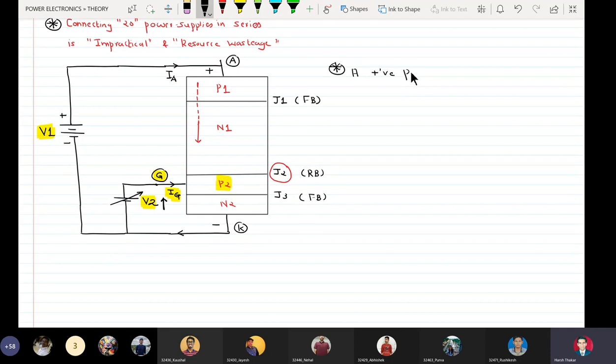A positive potential at gate terminal, that is the p-type layer P2,